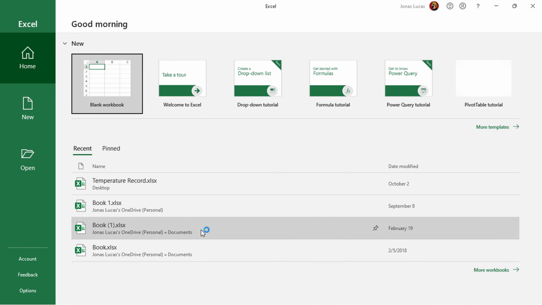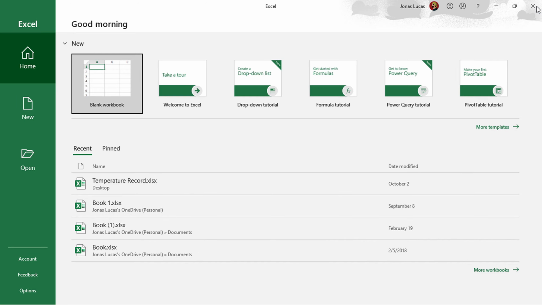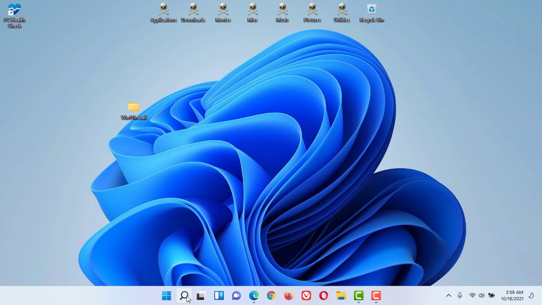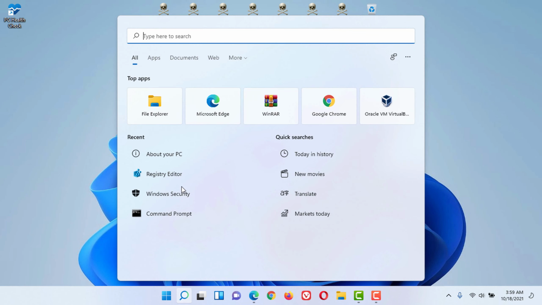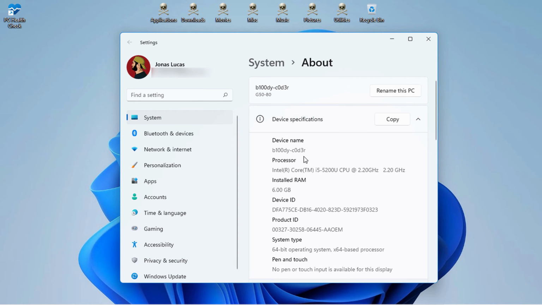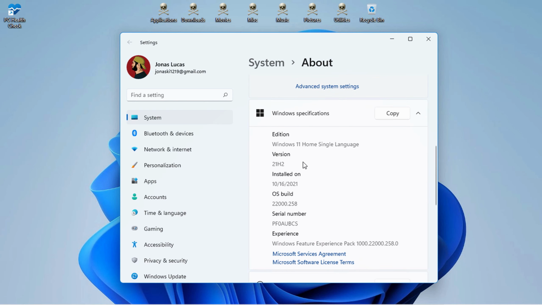And everything seems to be working fine. You will see the version of your Windows here is 11, as you can see. Looks like the upgrade was a success.